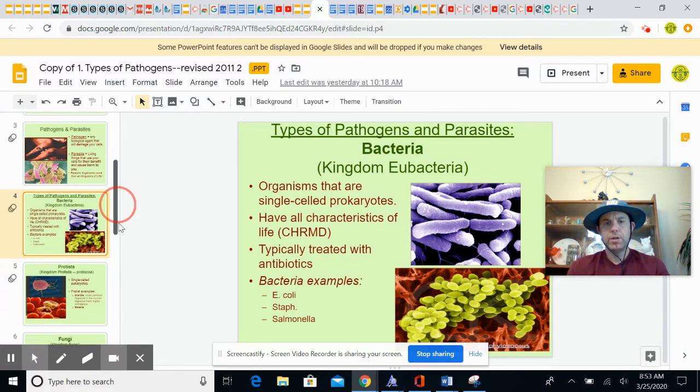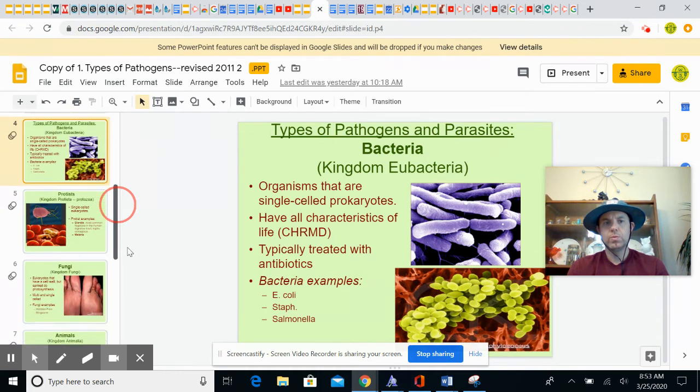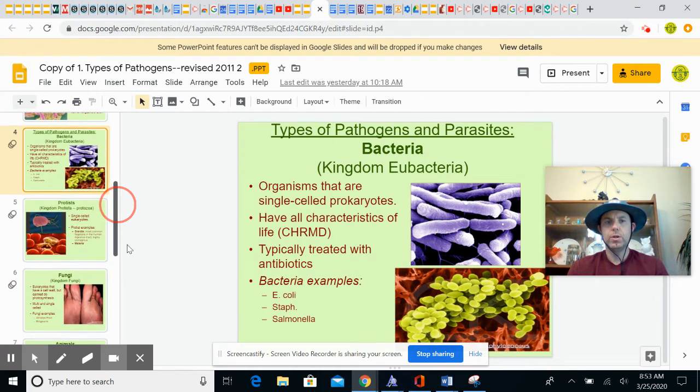E. coli. You've probably heard a little bit about E. coli in the news every once in a while. Like people will say, "Oh no, don't eat the lettuce or don't eat the spinach." Well, E. coli is found in fecal matter, and if they use that fecal matter to fertilize, or if it gets in the water, then the water that has the E. coli in it gets on the plant. If it's not washed off really well, it could make you sick.